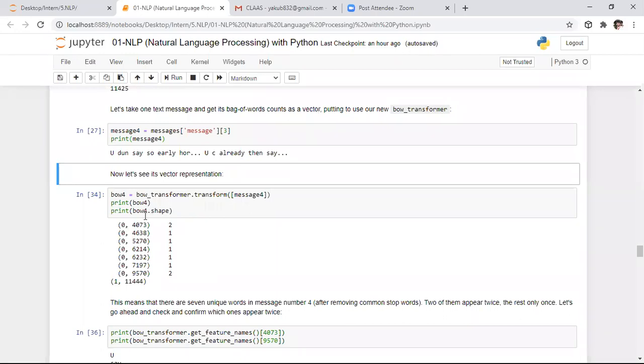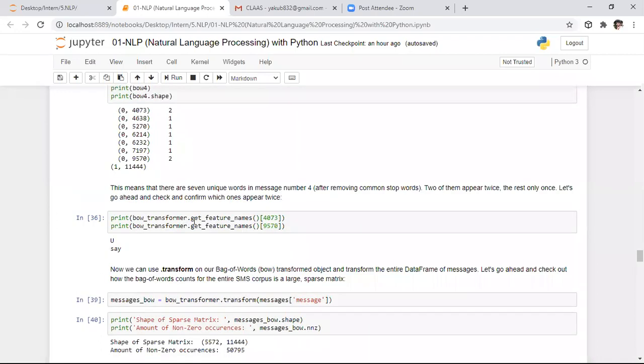After that, if you want to know the string or word which is present with a specific vector name, for that purpose I'm using bow transformer dot get feature names. Get feature names is an attribute or function used to get the feature name corresponding to the specific vector. These are the feature names corresponding to this vector. Here in this example, in schedule or the names. Before this, I want to convert.